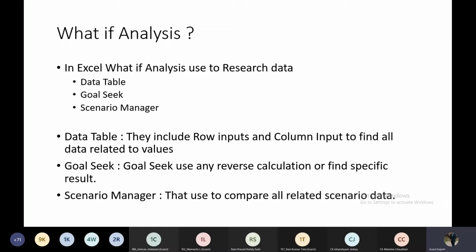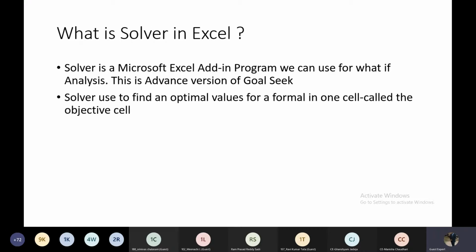Then the scenario manager is related to different scenarios, which we can merge, and we will show how the scenario manager is used. So we repeat these two tasks, data table and Goal Seek, and also show you how to use the scenario manager. Thereafter, our next topic is Solver, which is the advanced level of Goal Seek.